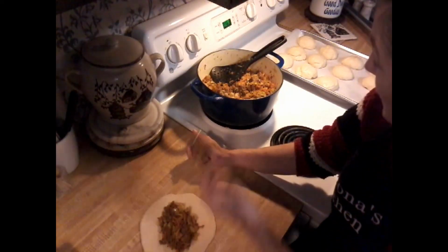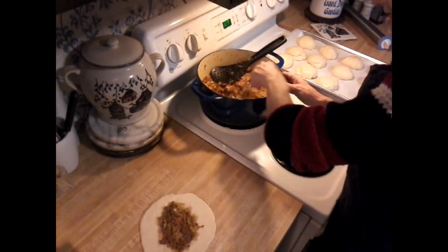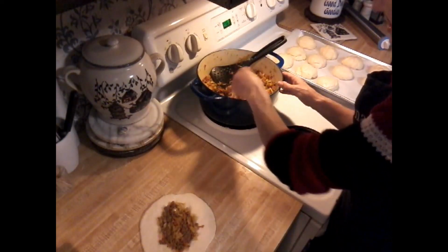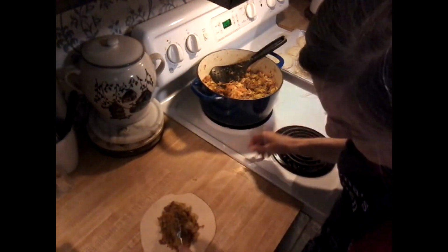Now normally I would be adding cheese right now, but I actually do not have cheese. I think we're going to go 3 tablespoons. I think these are a little bigger today. To put this together,